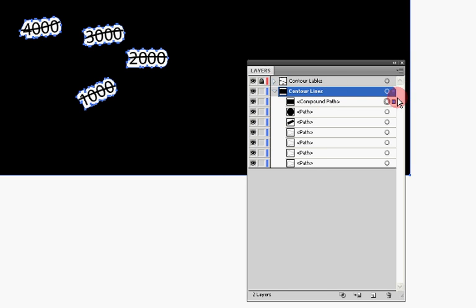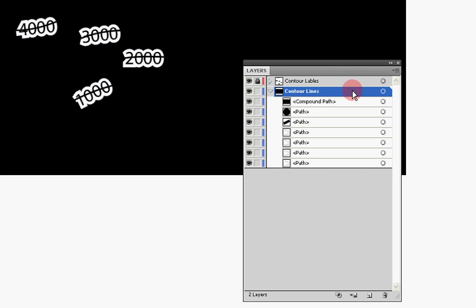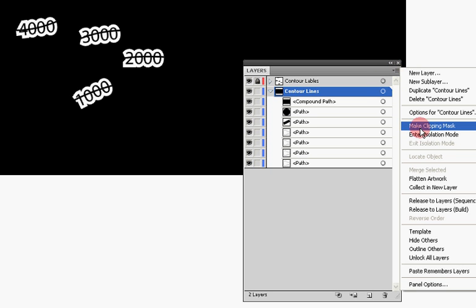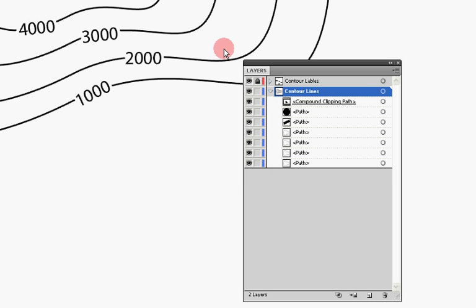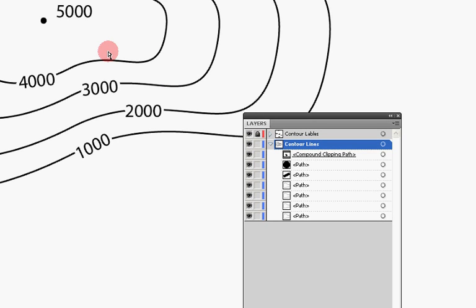We don't need to have anything selected. We could just have the contour lines highlighted, look in the drop down menu again and do Make Clipping Mask. And ta-da, there we have it. So what has happened is we've made a compound clipping mask that's masked out all the lines behind the contour labels. You can see this when we toggle back and forth with the eyeball, the lines reappear as you turn